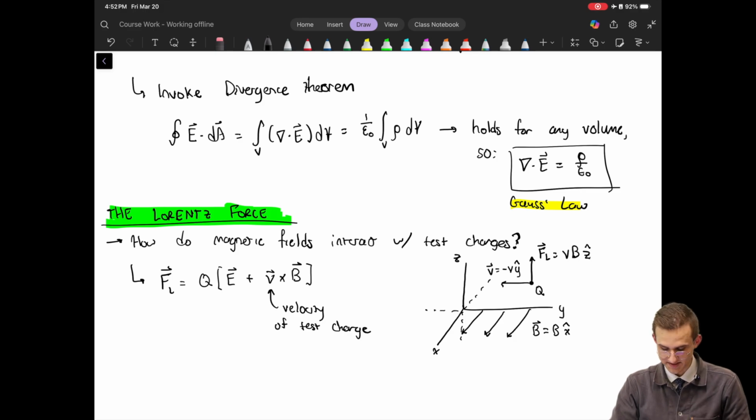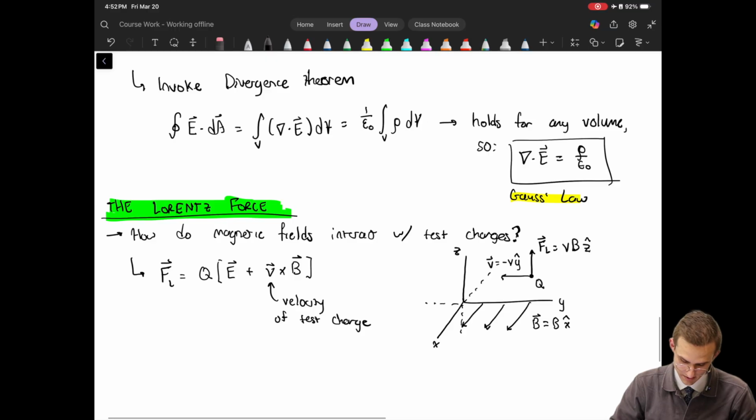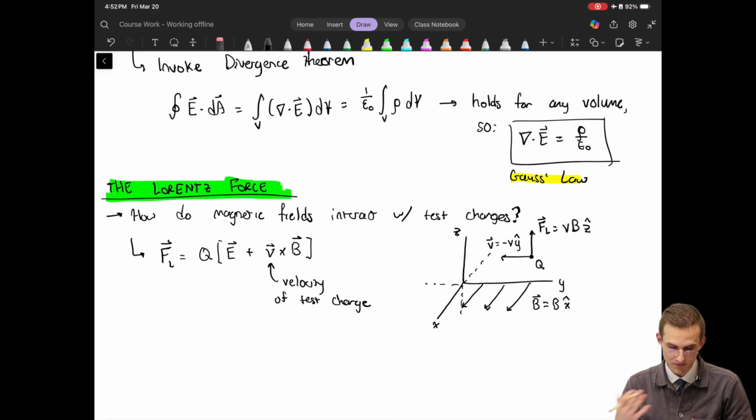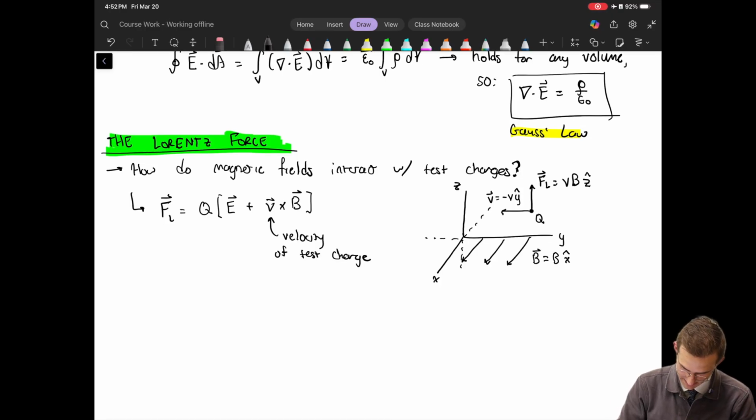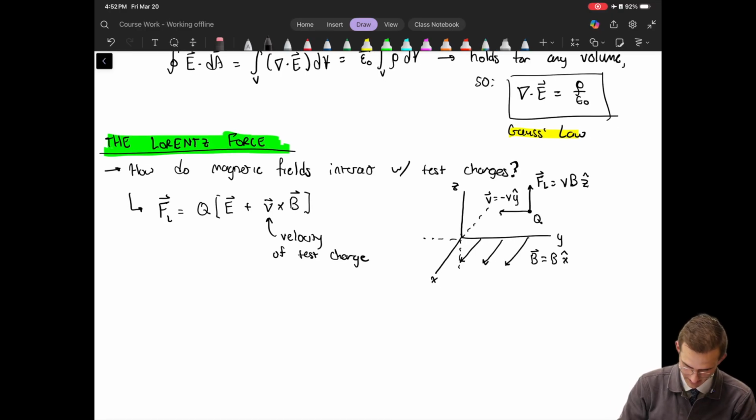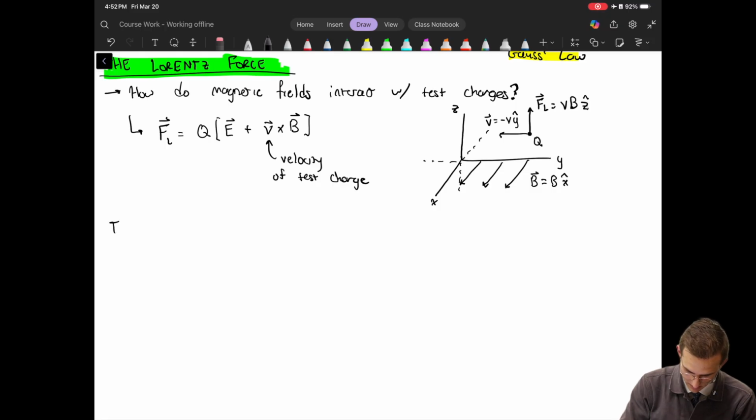Okay, and like I said, we're going to spend a lot of time with the Lorentz force later, but I wanted to put that in there so you know that it's all about moving charges when it comes to interactions with magnetic fields. Okay, so then the next section, you might as well call it the Coulomb's law